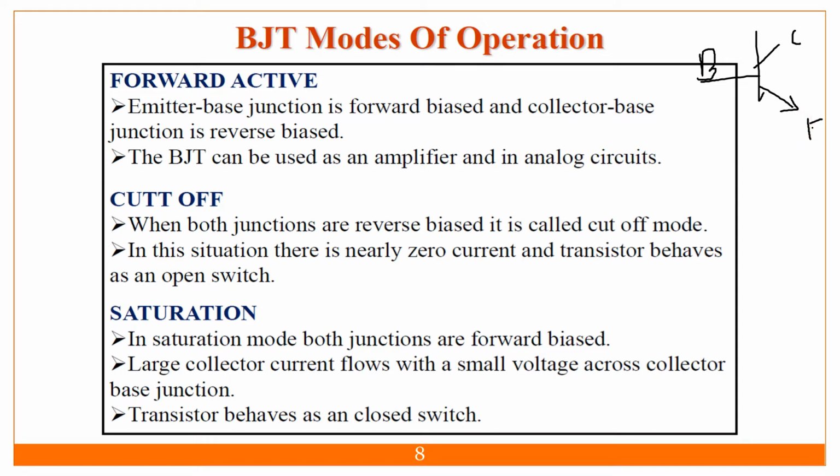Okay, so what we are talking about, the base to emitter junction is always what? Forward bias. So suppose this is my NPN transistor, so this is n, again n, this is p, and this is n. So this junction should be forward bias. So the P terminal I have to connect to the positive terminal of the battery, and the N type terminal connected to negative. So this is nothing but my forward bias junction.